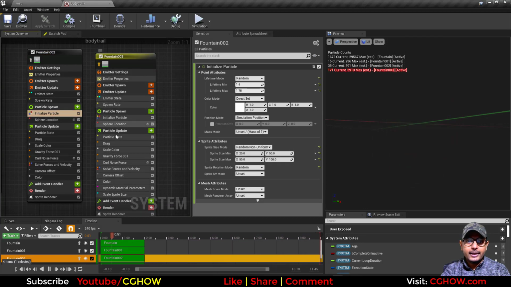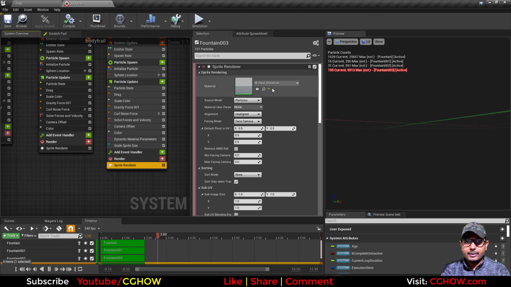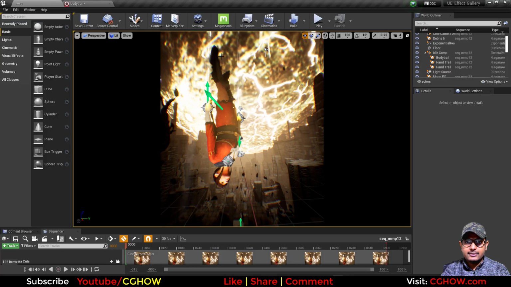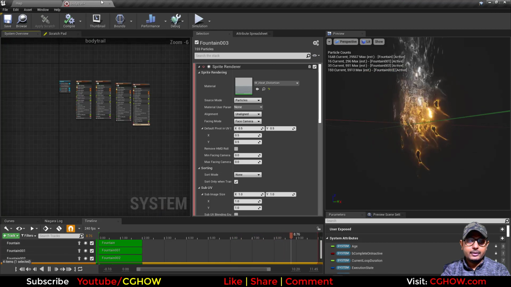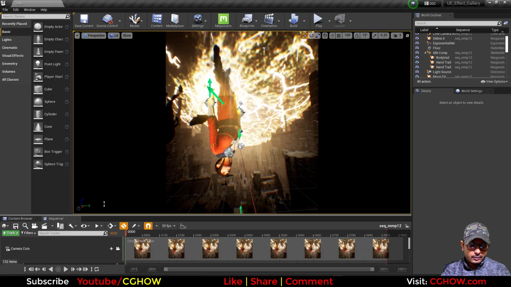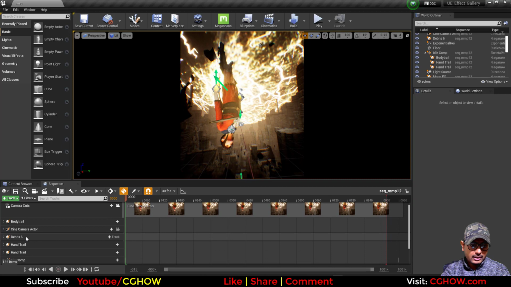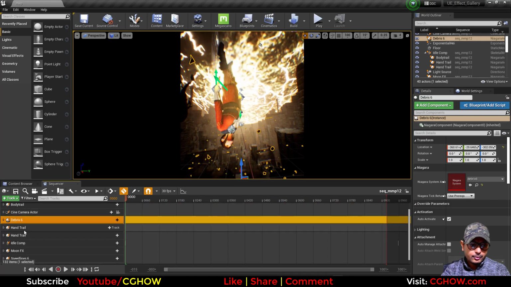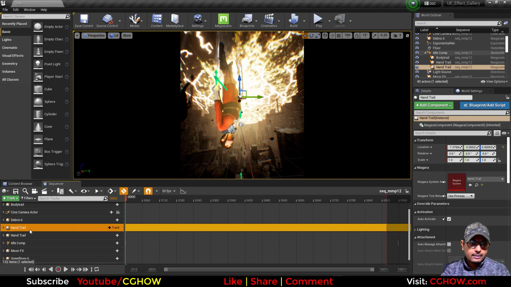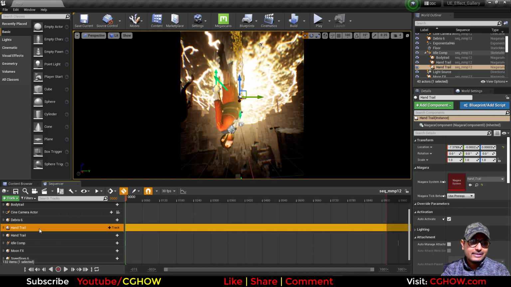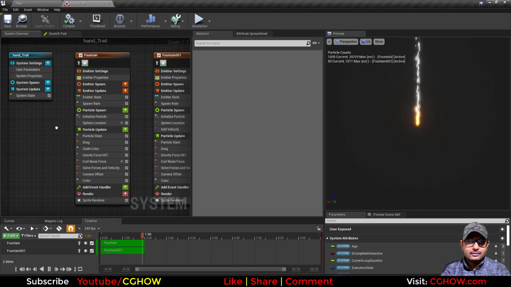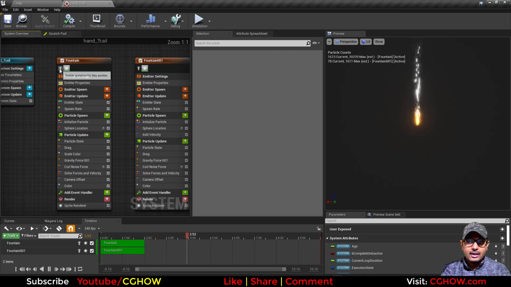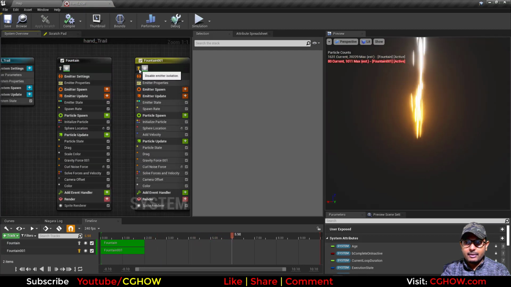Then again duplicate it, and in this one just change the material to heat distortion. In this I have this distortion. So this is clear for emitters. So now next after body trail we have debris that I have already shown you. Hand trails, both are the same, just showing you one, and it has the same elements as my body trail. So you can see it has this particle system and this, again duplicate and brighten.